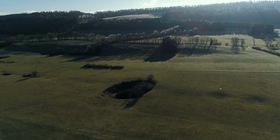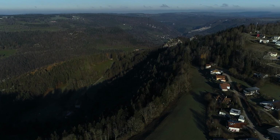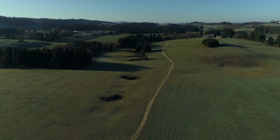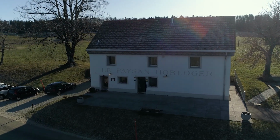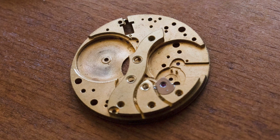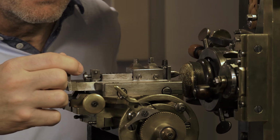Welcome to the Franche Montagne in the canton of Jura. A landscape like no other, with seemingly endless rolling hills, thick forests, and paradise of green pastures for cows, horses, and hikers alike. But there is another fundamental ingredient here that draws people in from all over the world: watchmaking. This part of Switzerland is known most specifically for producing watch parts and the iconic cases that store the final